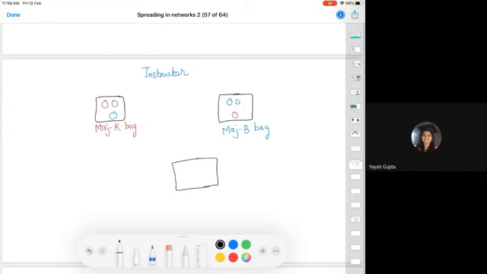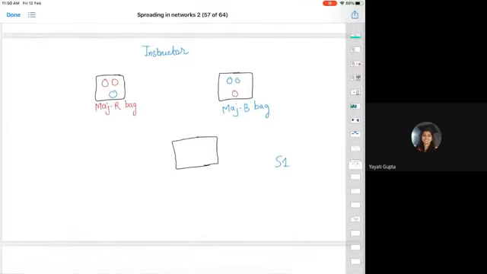Now the experiment starts. One by one, each student comes. So student 1 comes. Student 1 can randomly pick one of the balls from this bag. So he can put his hand in the bag and pick one ball. And by looking at this ball, he has to predict which bag it is, whether it is the majority red bag or the majority blue bag. And he has to tell this answer to his friends. In case his answer is correct, he gets a payoff from the instructor, maybe a chocolate. So he spits out some answer here.